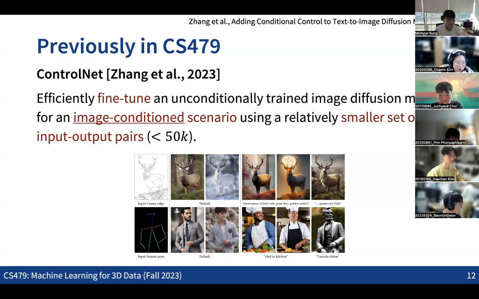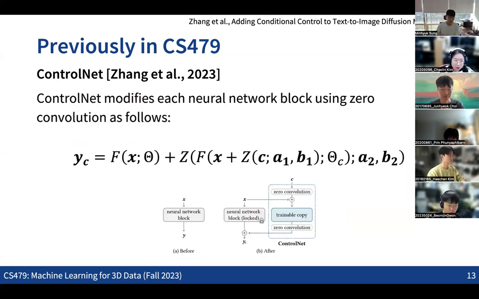When the condition is an image, how can we efficiently convert an unconditional diffusion model into a conditional one with a small set of input and output pairs? For those cases, the idea of ControlNet was to fully utilize all the pre-trained parameters of the noise prediction network, also for processing the conditional image data.